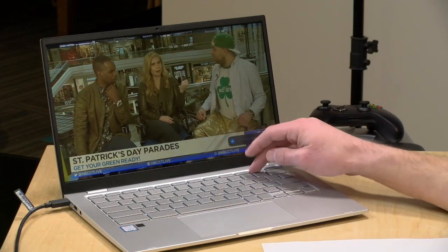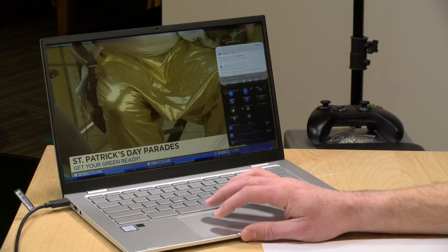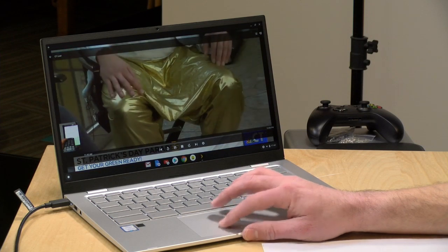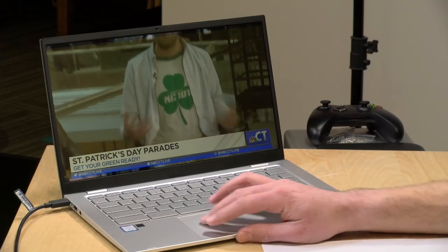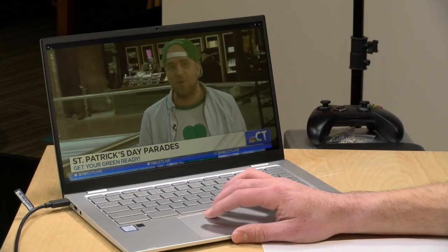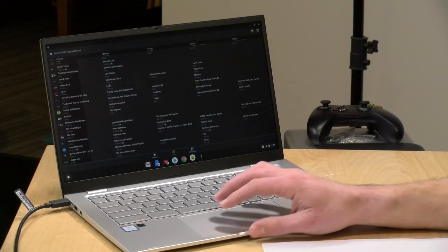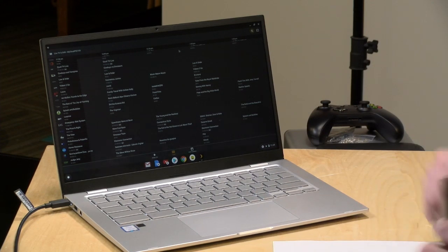I'm not hearing anything out of the speakers. So we're probably going through the... here we go. So yeah, that works. Plex works. It's a little buggy with that orange thing running through there. And obviously we don't have any touch controls. So yeah, Plex seems to be working. So we had another request for...